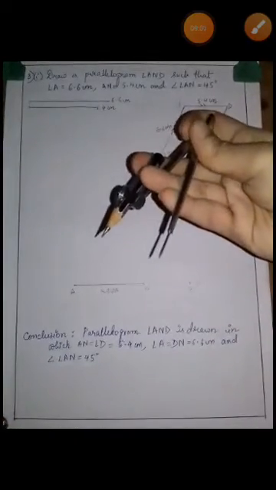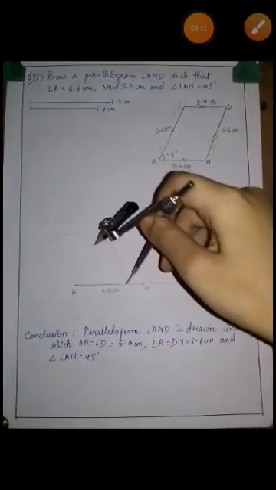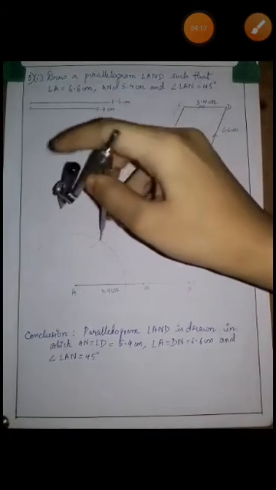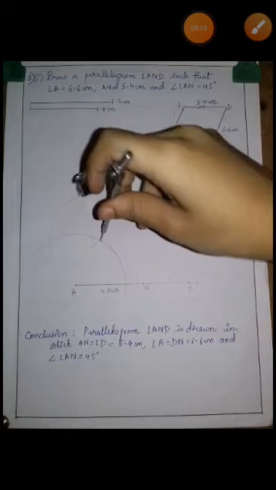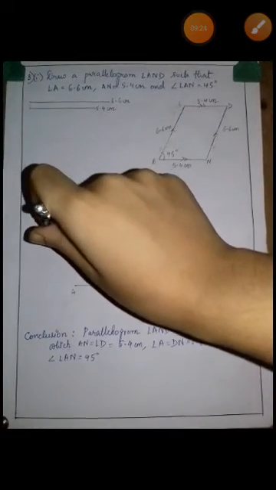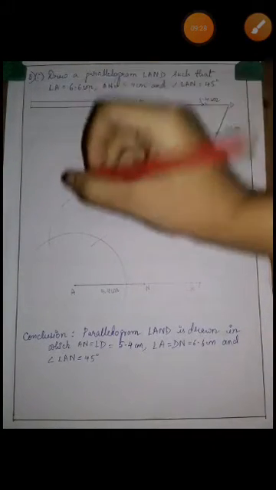So you are going to take the compass, that means the radius can be of any measure. No fixed measure is required for drawing the angles. So you will need to draw the 90 degree first. So you are drawing the 90 degree. Students, whenever an angle is asked to be drawn, you are going to draw using the compass only. No protractor. This I have told you before also.